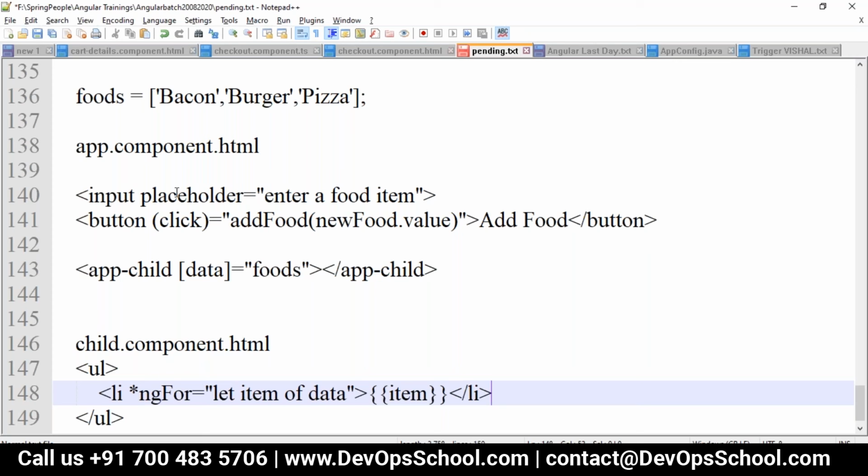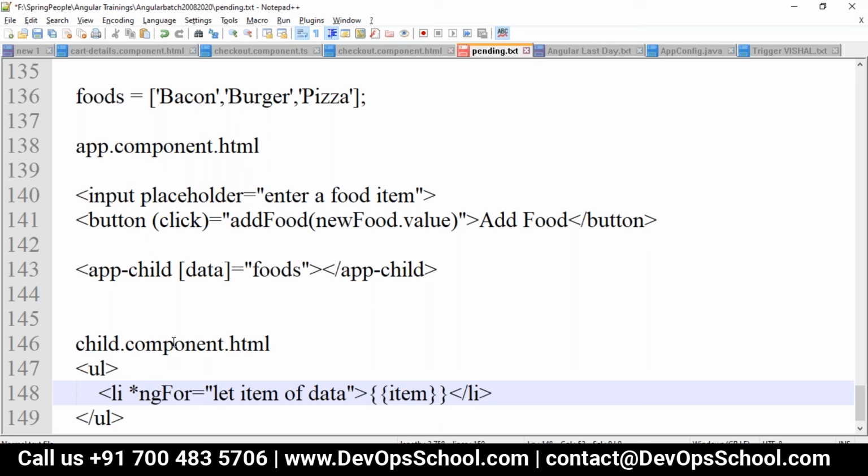Now we can add the change detection strategy in the child component, and with this, the things don't seem to work anymore.